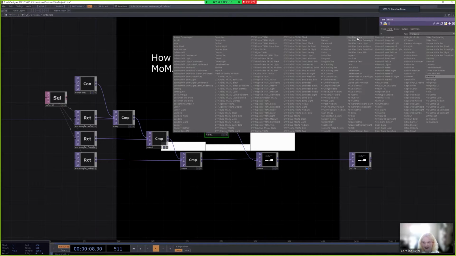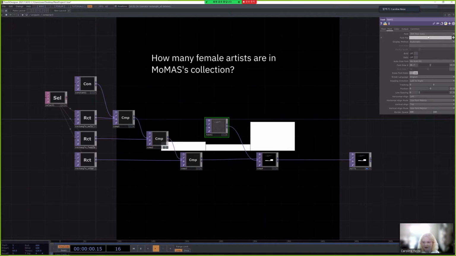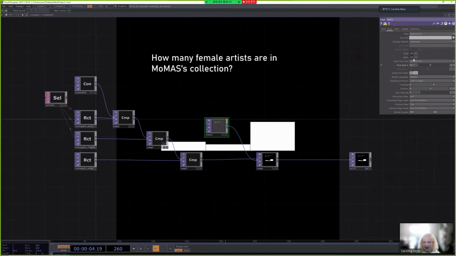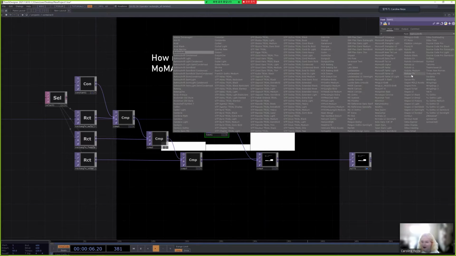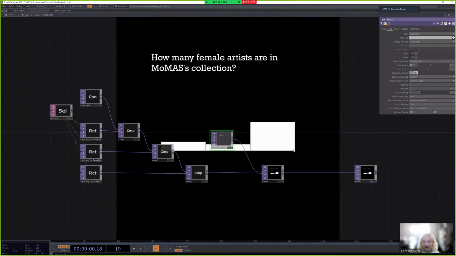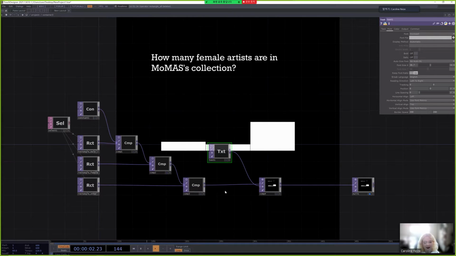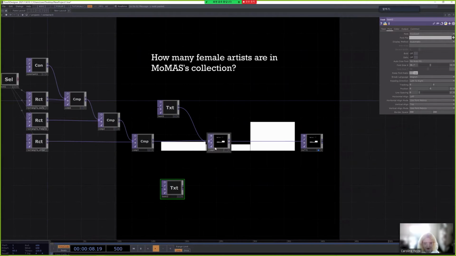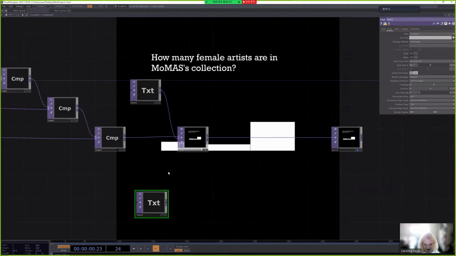I kind of like fonts like IBM Plex or Bahnschrift or Rockwell, I think looks really nice with this data viz. And then we can do something similar with